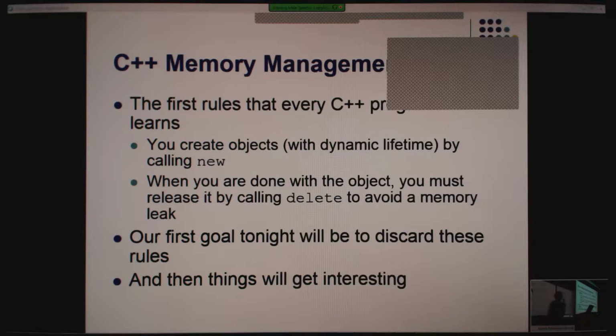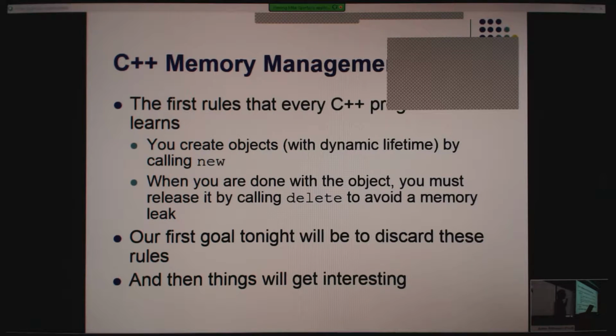Okay. So this talk is about memory in C++. And memory is a big thing in C++. Is there anybody here who doesn't know that memory is a big thing in C++? Okay, you're all laughing, but when we finish this talk, you're going to leave and say, wow, I never realized that memory was such a big deal in C++. No matter how big a deal you think it is, it's a bigger one.